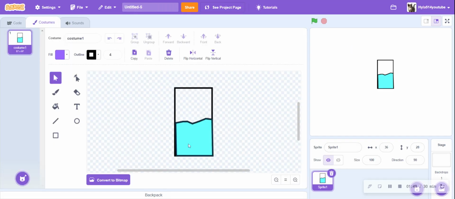Yes! We got our water bottle right here. I basically just drew a box and added water to it. Because we're doing a cat drinking water. Yeah. We're doing a person drinking water. So